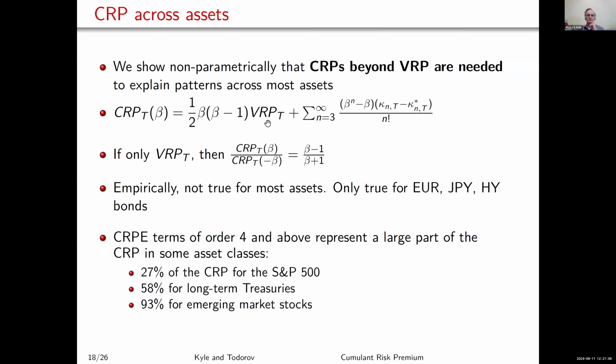This is what I was talking about with the Heston stochastic volatility model. It's true generally that the variance risk premium shows up particularly when you have more leverage, and it shows up kind of quadratically when you have more leverage. And then these higher order cumulants show up more than quadratically because they show up with a beta to the nth power.